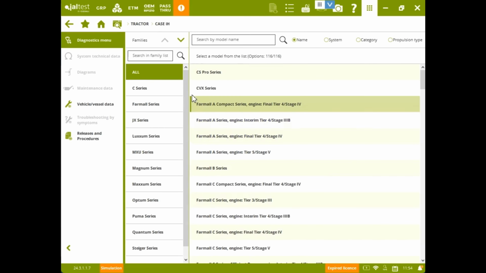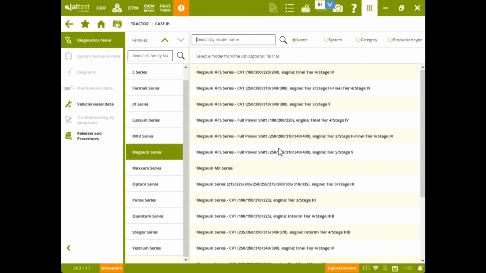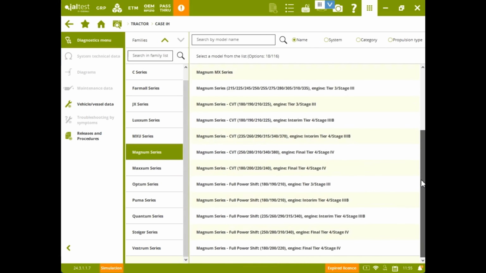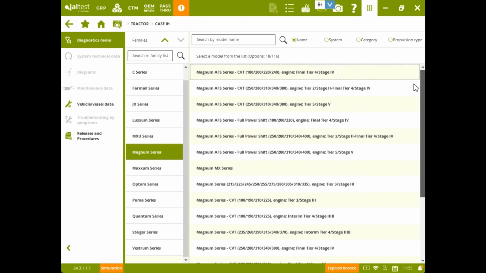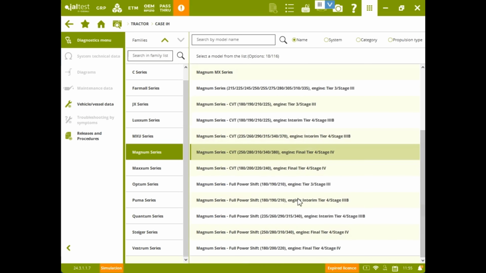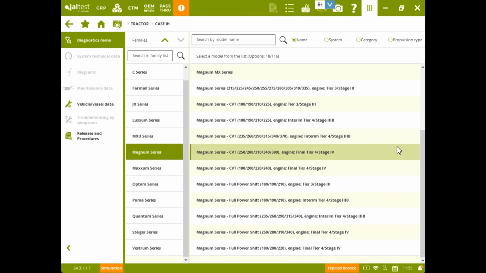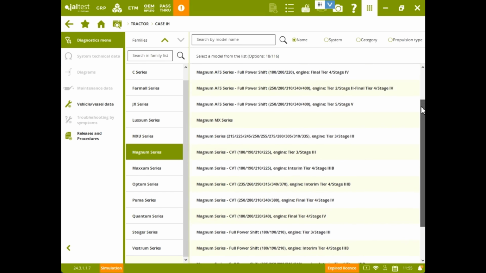Now, for each brand, you have different family series. So for example, let's jump into Case. You can see we have the C series, Farmall, Magnum, Optum, Puma, Quantum, Steiger, Vestrum series. On the Magnum series, you can find different engine models, of course. So you have the 280 in different versions. You have the AFS, the Tier 4 Final Stage 4, the CVT version, and you also find other models with a full power shift. So in this case, the 280,